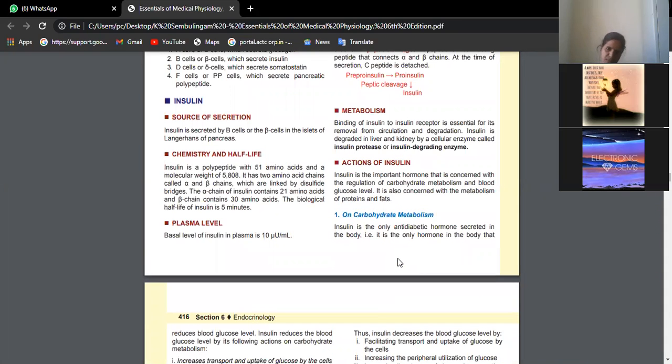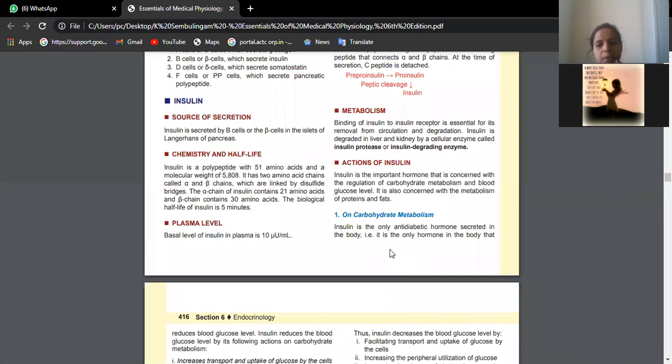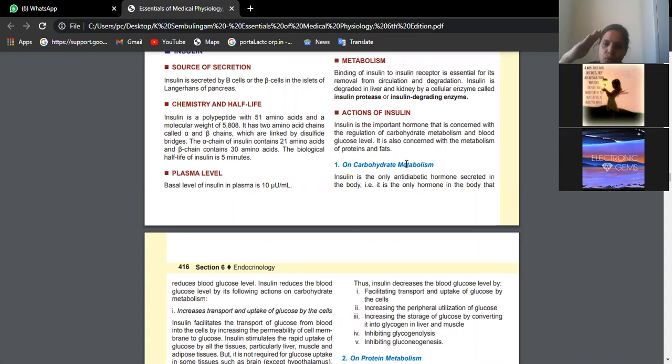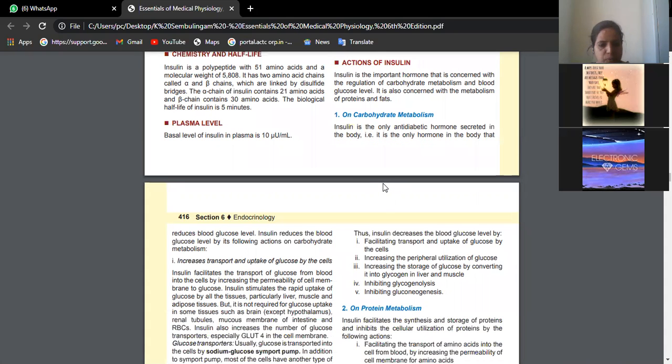As Ritika told us, the basic function of insulin is it's a hormone which helps in the transport of glucose from the GIT. Once it is entering into the blood circulation, insulin transports the glucose to the concerned tissues for the purpose of synthesis of ATP. The only hormone which reduces blood glucose in our body is insulin. Very important hormone. All the other hormones in our body have the tendency to increase blood glucose. But this is the only hormone which has the tendency to decrease blood glucose.